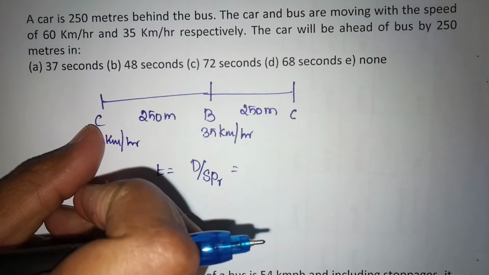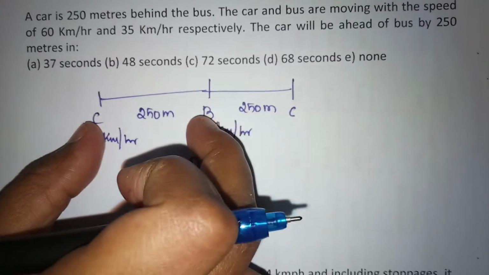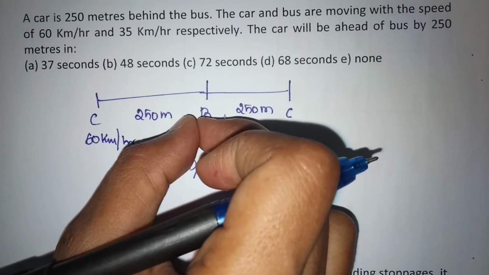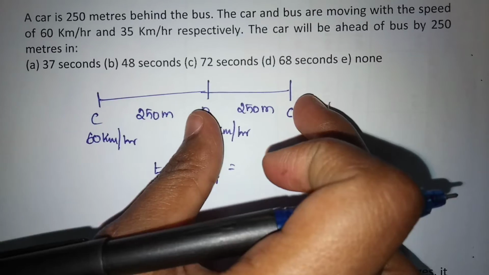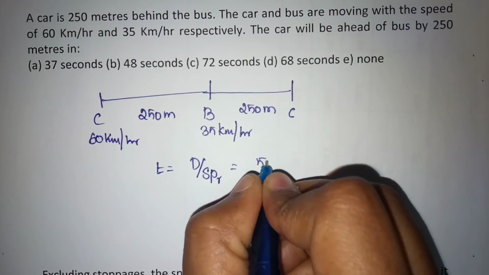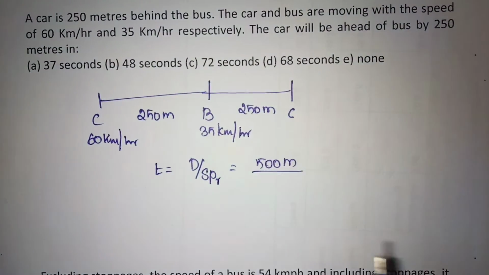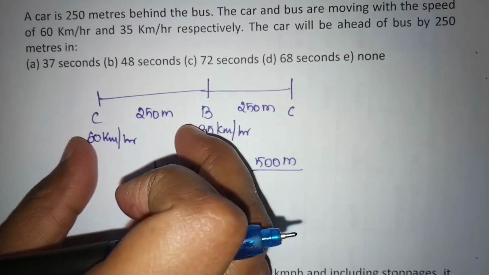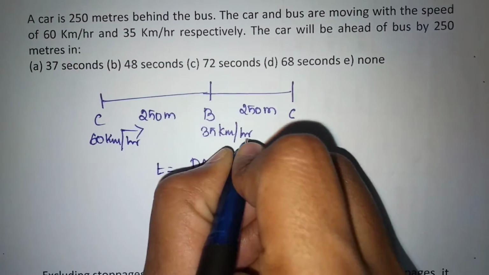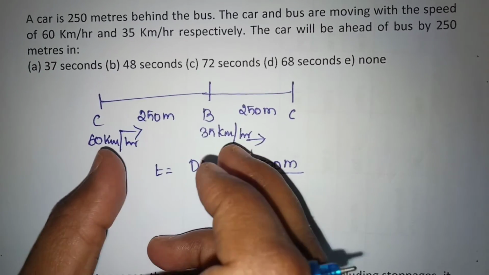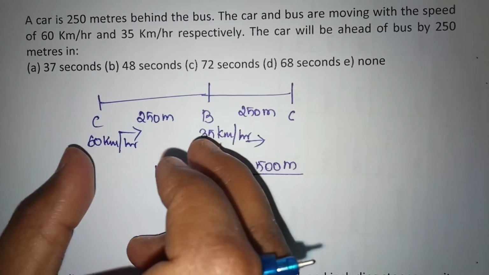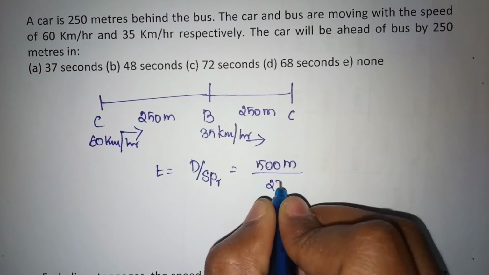So for the distance traveled, see here, the car has to cover this 250 meters to reach the bus, or to be in line with the bus, and another 250 to be ahead of the bus. So the total distance will be 500 meters divided by relative speed. Both were moving in the same direction. Car is moving in this direction, bus is also moving in this direction. So both were moving in the same direction, which means the relative speed will be the difference in the speeds, that is 25